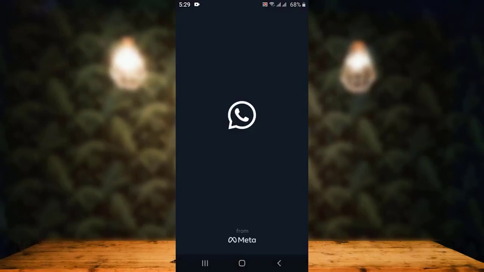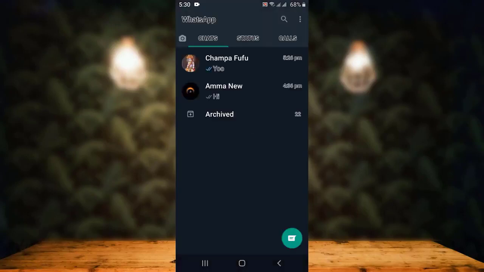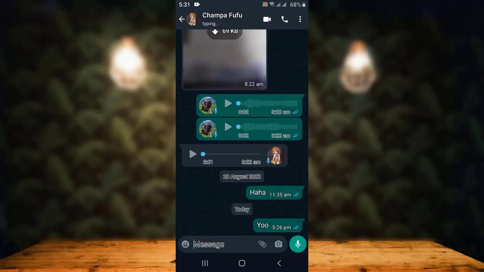First of all, open up your WhatsApp application. Now over here for this video I've asked one of my contact members to type in a message, and once you type in the message, this is what it actually looks like. Right on top, once you open the chat page, you can see there is an indication that the person is actually typing the message. Now in order to avoid such circumstances, what you can do is you can simply turn